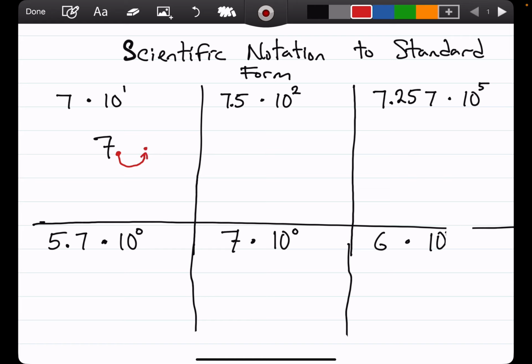And this is the new location of your decimal point. And anytime you have an empty space, you put a what? A 0 there. So your answer is what? 70. Let's go to the next one. The next one is